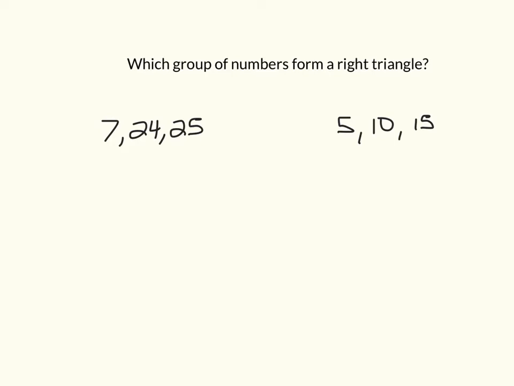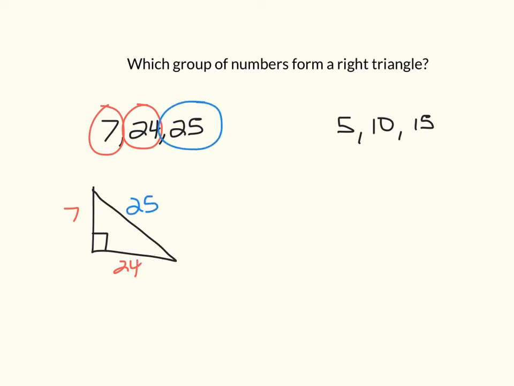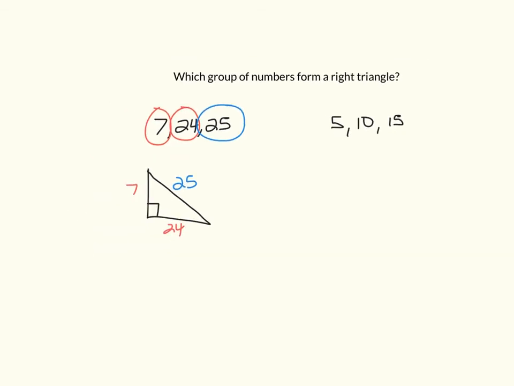All right, let's do it. Here on the left, I'm going to make a right triangle. My smallest two numbers, 7 and 24, are the legs. My biggest number, 25, is the hypotenuse. The Pythagorean theorem says I take the legs squared, and they should equal my hypotenuse squared. And let's see, what is 7 times 7? It's 49. Ooh, I need a calculator. 24 times 24 is